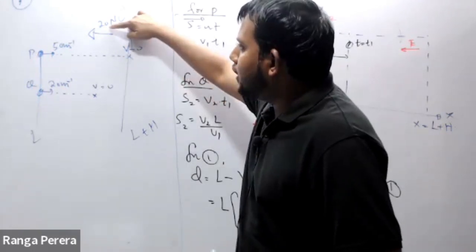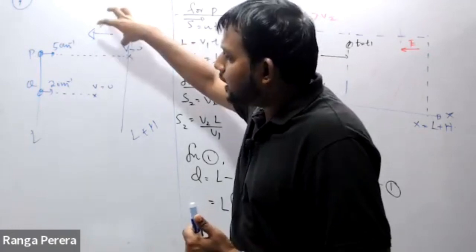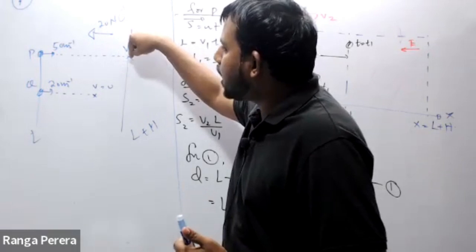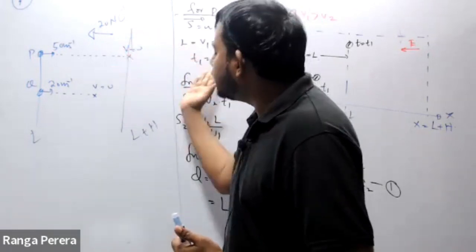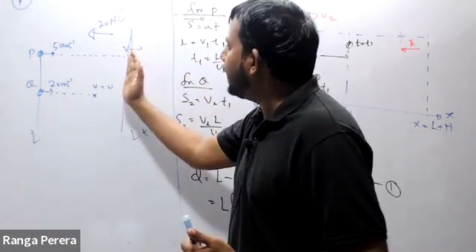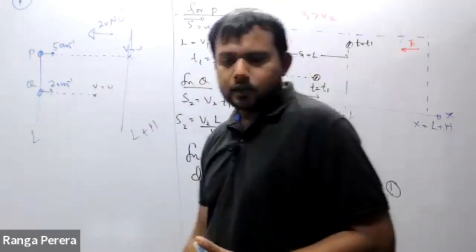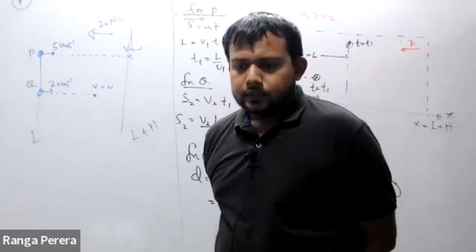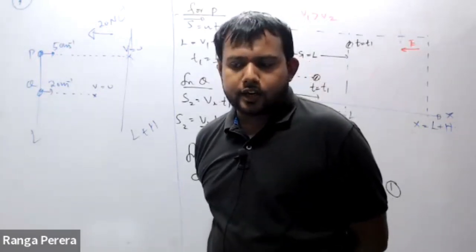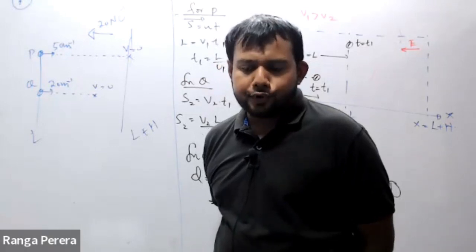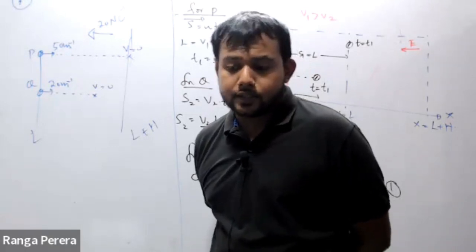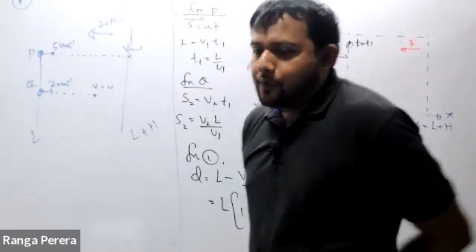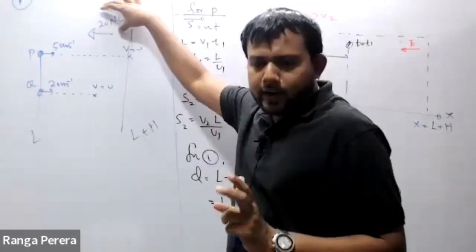If I increase this 20, what happens to this particle? Will it jump the L plus H point, or will it stop before that? What is your answer? I can answer your question, I can give the answer, but I want you to understand how. I want you to analyze the question. If you increase more than 20,